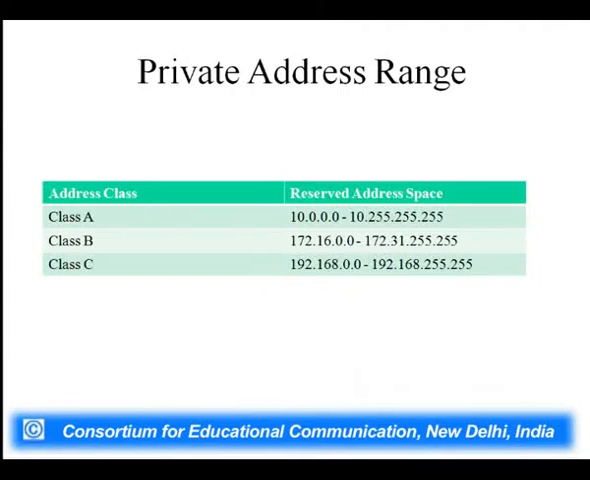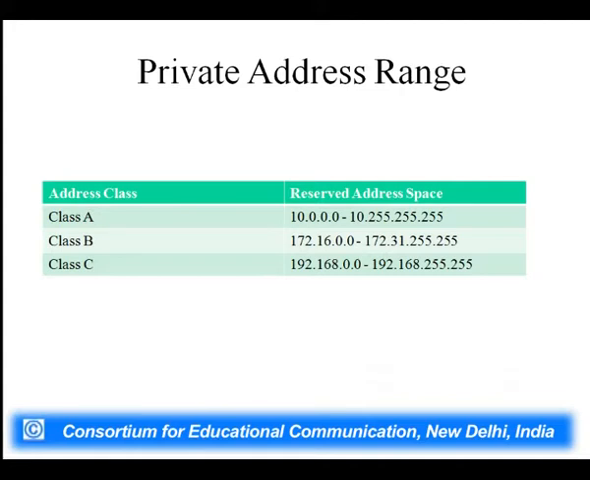Now, there are certain addresses which are not used as public IP addresses. That means you cannot use them on the internet, right? What are those addresses? If you look at the class A address range, it is 10.0.0.0 to 10.255.255.255, and similarly in class B we have 172.16.0.0 to 172.31.255.255,